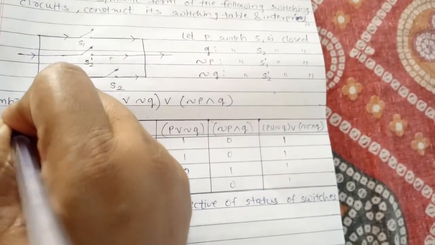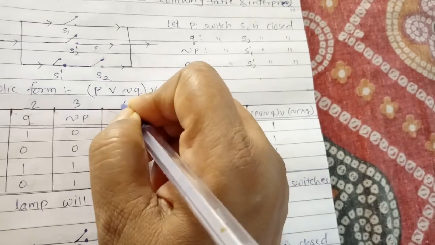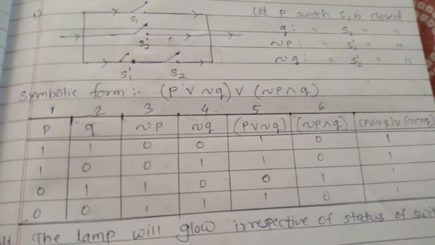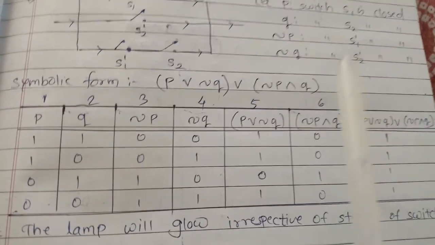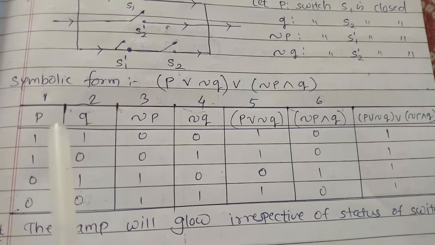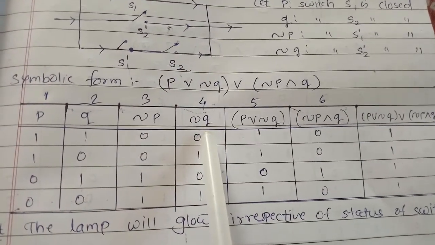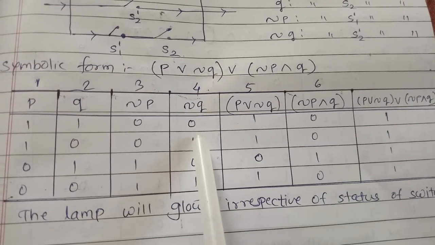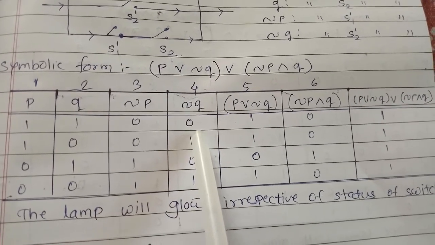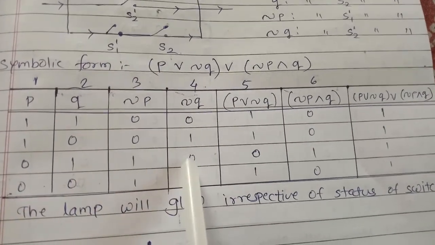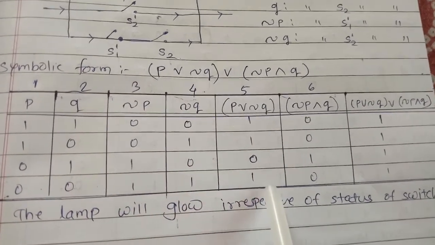So see, I am going to give the numbers to these columns. So we are going to take the disjunction, that is P disjunction negation Q means we have to take the disjunction between 1 and 4th. So what is the rule for the disjunction? If both the statements are false, means 0 0, then it is 0. So find out first this one. So here is 0 0, so it is 0, otherwise it is true. True means 1.